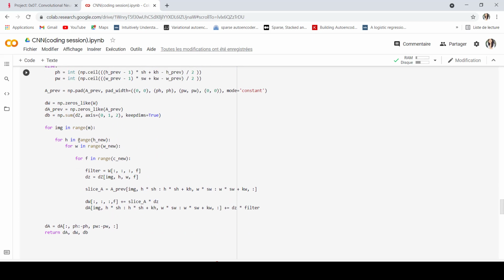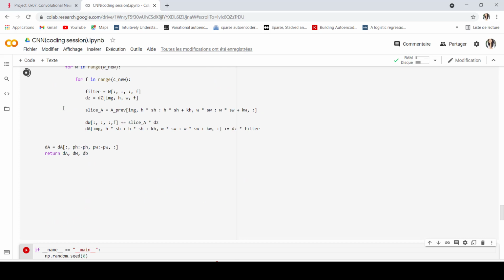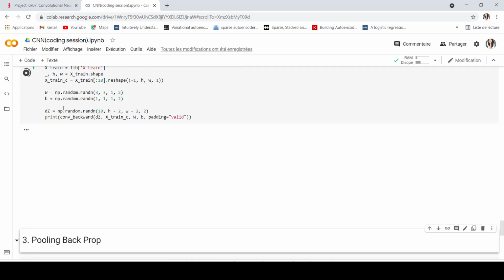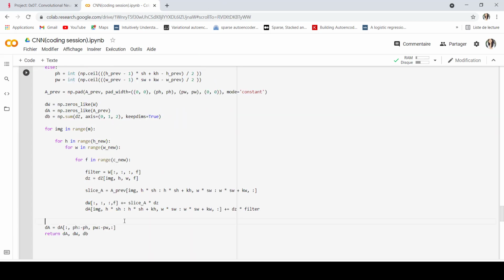Okay, guys, here I meant dA_prev, so I'm going to move this. So here, guys, I need to specify that I'm going to remove the padding if padding equals same.